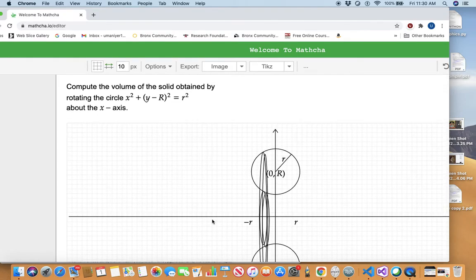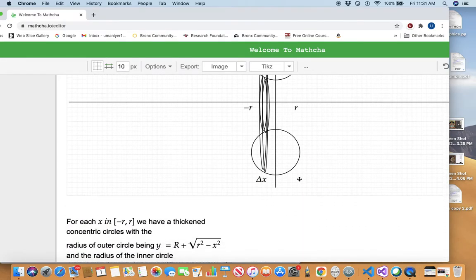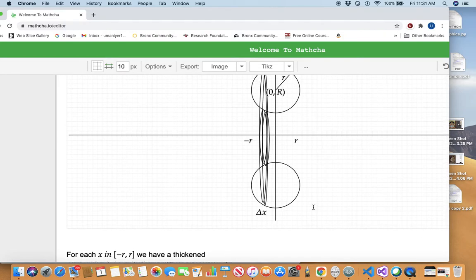You take your circle centered at origin, shift it up R units, or you basically solve for y. r squared minus x squared, take its square root, add R. That's the y coordinate for the top hemisphere. If I take positive square root, I get the top hemisphere. If I take negative square root, I get the bottom hemisphere. So the outer radius is with positive square root. Inner radius is with the negative square root, because inner radius is given by the lower hemisphere. All